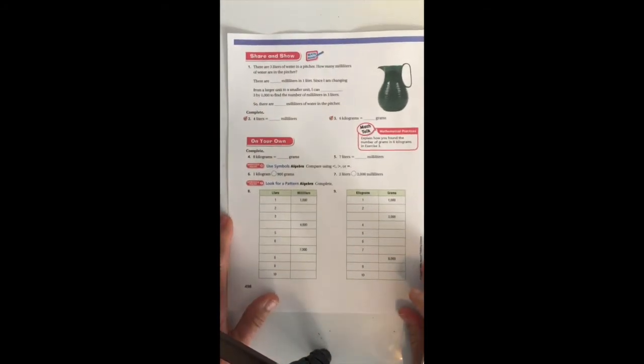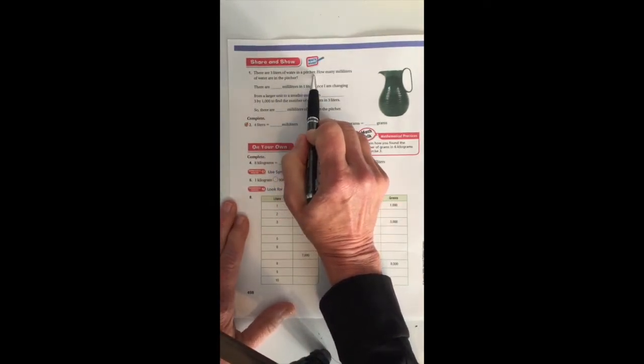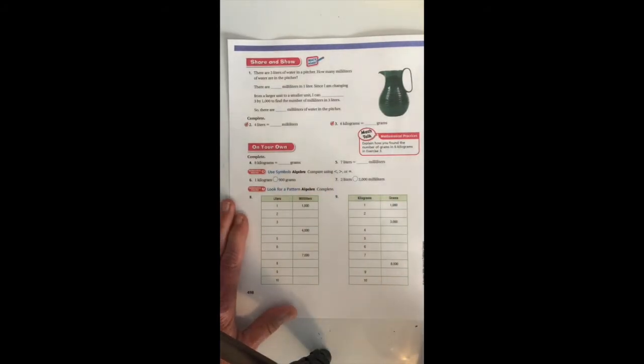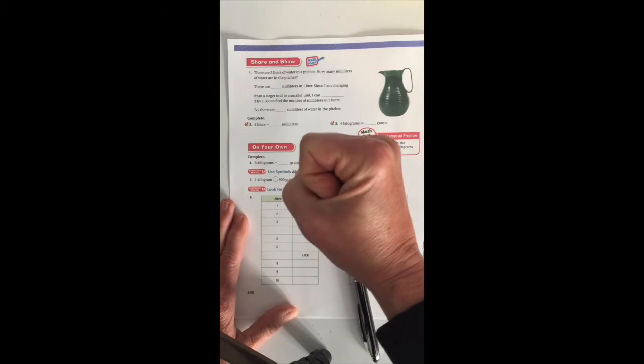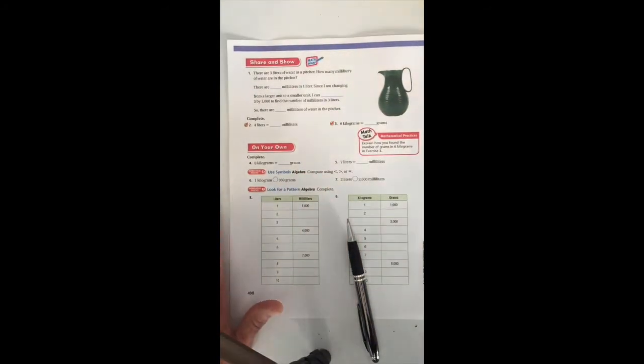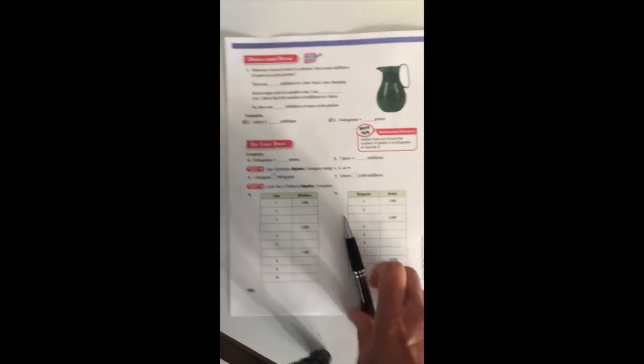Let's move on now to page 498. And we'll go through this together and keep learning. There are 3 liters of water in a pitcher. How many milliliters are in the water? Well, a liter is the basic unit of measure, okay? A liter is this container. But it wants to know, let's say we have 3 of these, but we want to know how many milliliters there are. Remember, there are 1,000 milliliters in 1 liter. So we would do